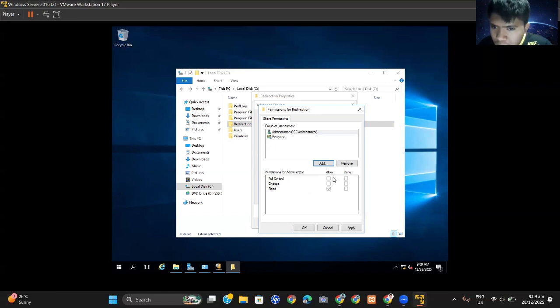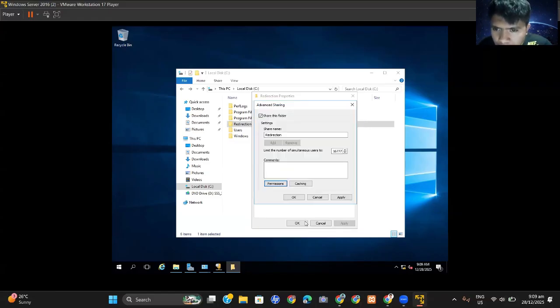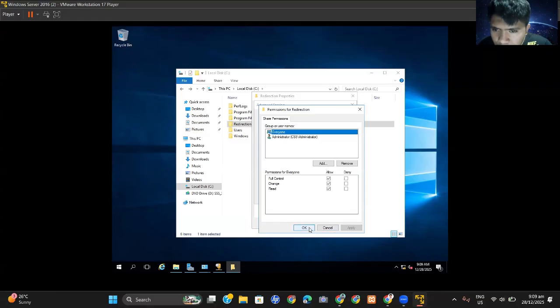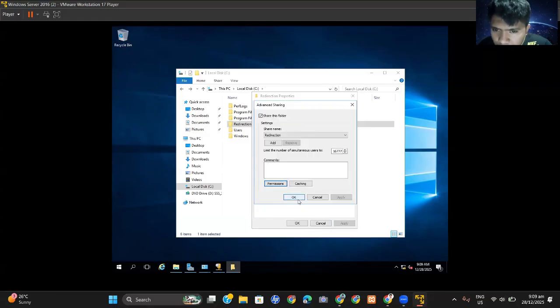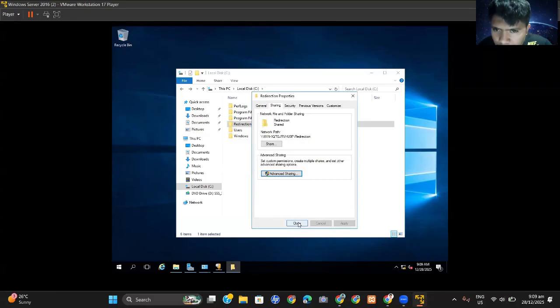Then for the permission, we need to add full control and don't forget to apply these changes. So once it is applied, we need to click OK and then apply. As you can see, the following is applied now. Then click OK, then close.